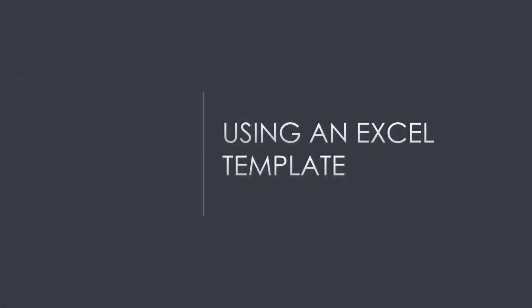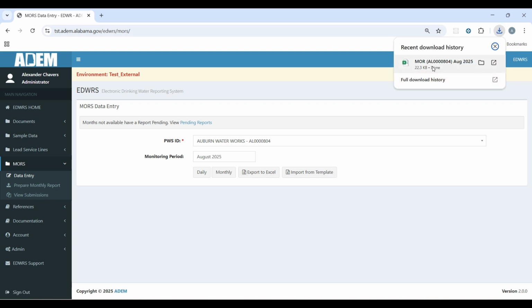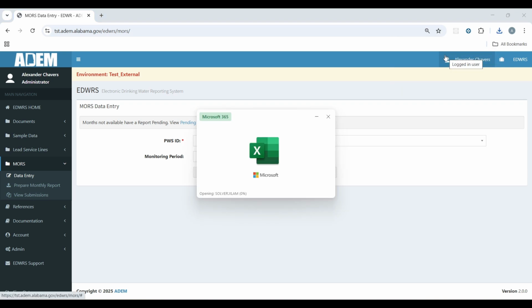Let's next discuss the usage of our exportable Excel template and importing that in to complete the data entry process. Starting again on the EMORs data entry page, we've selected our water system and our monitoring period. This time, instead of clicking monthly, we're going to click Export to Excel. Upon doing so, the application will generate an Excel file that the user can download and use to track and